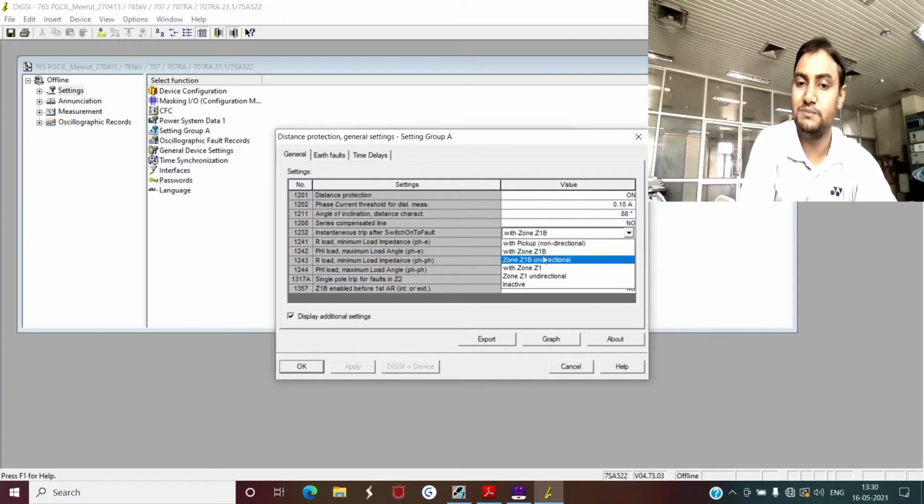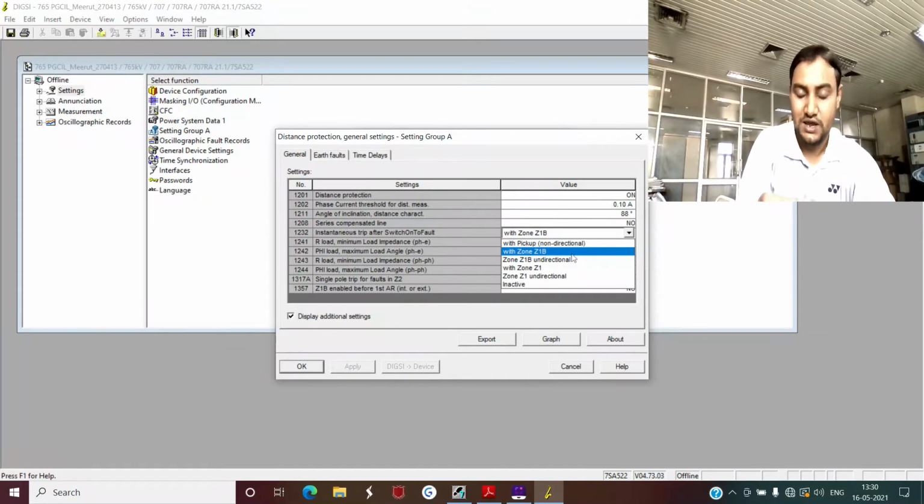If you select with zone 1B, then this relay will issue an instantaneous tripping command after this circuit breaker manual closure, if it detects a fault in zone 1B, that means in zone 2 with carrier receive. Normally you will not have any carrier receive in this SOTF case, but we will see in the next settings that zone 1B and zone 2 settings are the same.